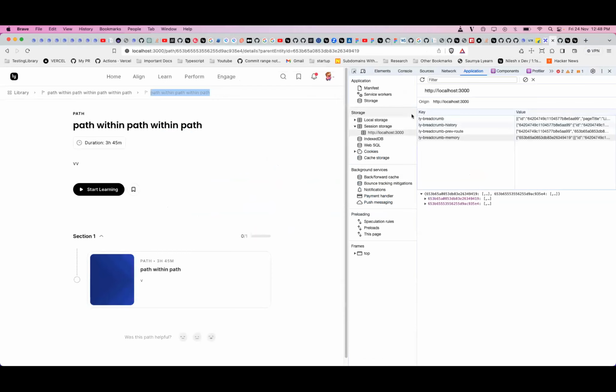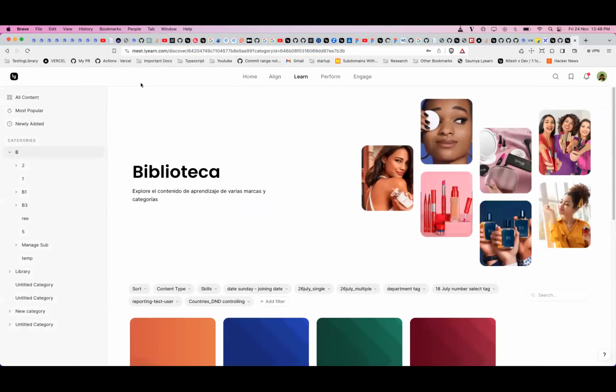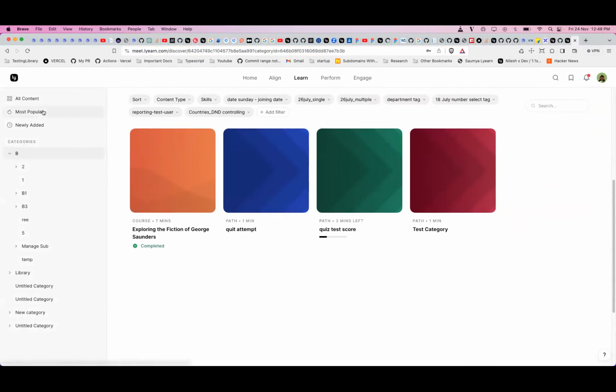Now, since we had already done this, we saw that we have basic data ready in our session storage. For example, for this page, what are the necessary things: ID, page title, path? We had all these things. But the last active id was the culprit that was causing many bugs, recursive loops and all that kind of thing. To avoid that, what we did,